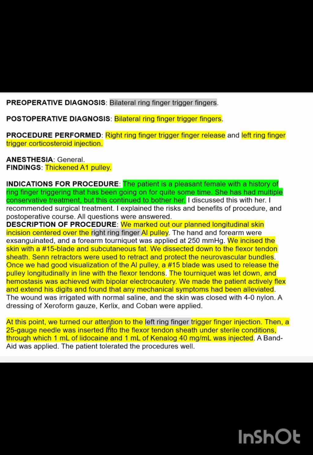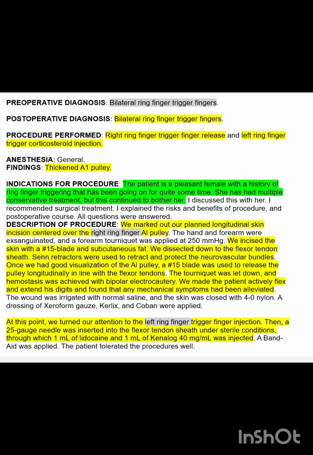On the left side, maybe it must be lesser in degree, so that is where he's only giving an injection. So for the trigger finger, we turn our attention to the left ring finger, trigger finger injection. Then a 25 gauge needle was inserted in the flexor tendon sheath. Remember, the injection is on the tendon sheath, the A1 pulley, not on the tendon. And what are they giving? Lidocaine and Kenalog. So what is lidocaine? Lidocaine is just for numbing the area, and Kenalog is the real treatment, which will help in reducing the inflammation